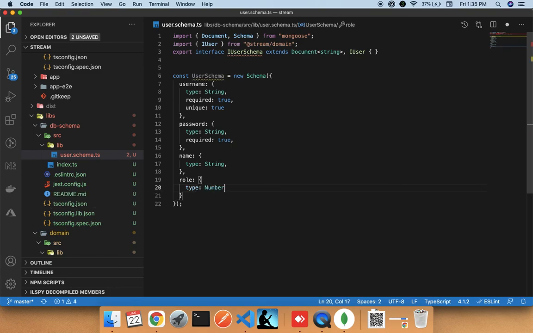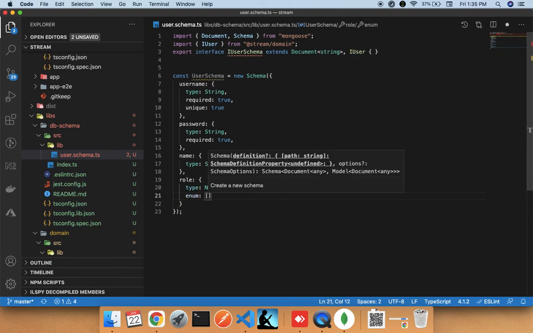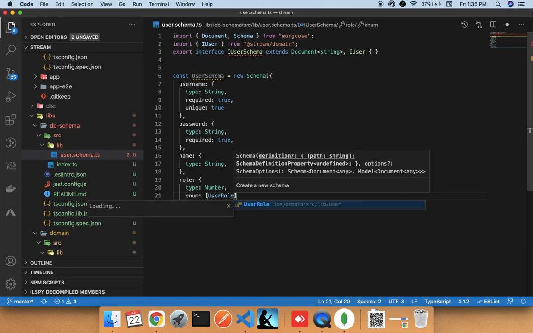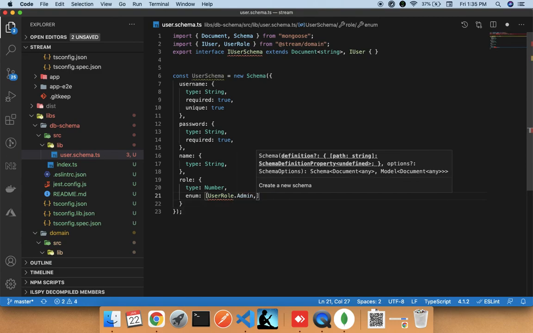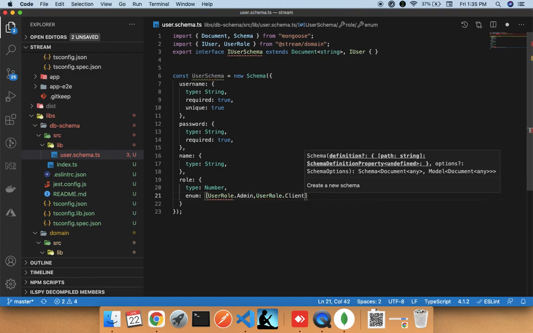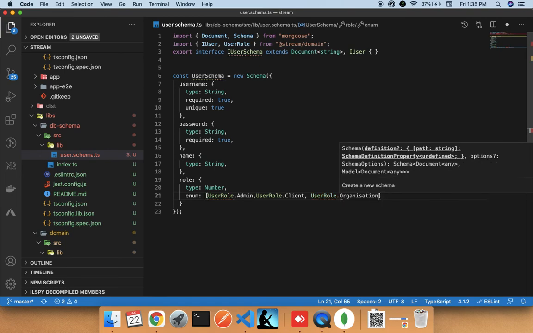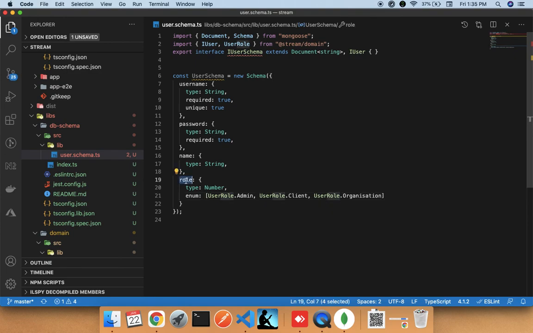First of all, it is number, and the enum which is going to support is user role dot admin, user role dot client, user role dot organization. Okay, so these are all the possible values for this property, and since these are going to be numbers, I have said the type is going to be number, and then I can say it is a required property. Okay,